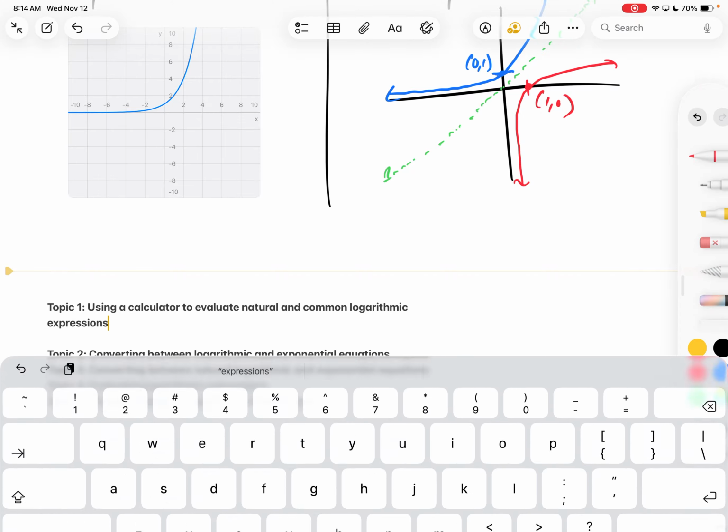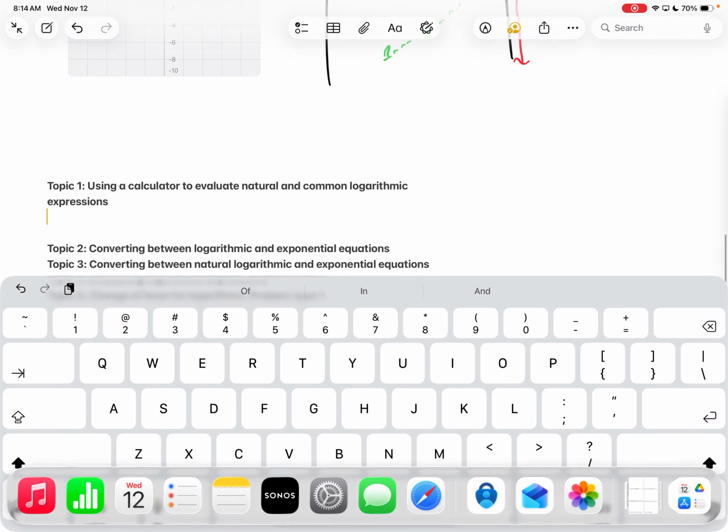All right. So that's kind of the basics of the logarithm. Now let's go do it a bunch because we're going to go back and forth a bunch. The very first topic is,